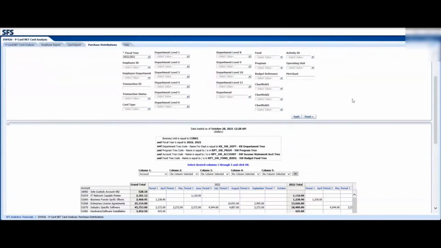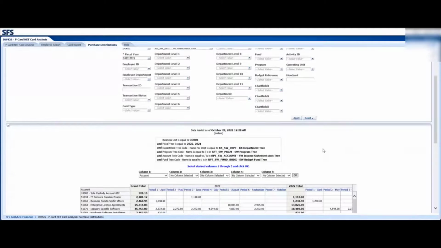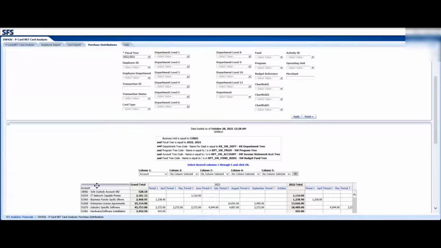But here I've made choices. I want to see all of the transactions for the entire fiscal year of 2022 and 2021 for this business unit. Now that might be a lot of data, right? You can slice it further. Maybe you only want to see by a particular vendor or by a particular project. So I want to see all P card transactions by project. So what's going to happen is it's going to return,